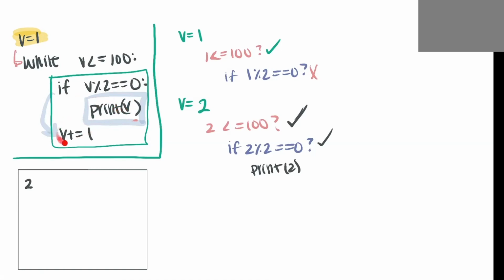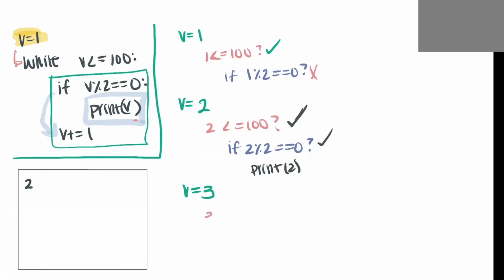Then after that, it's completed everything in that inner code block. And then it'll just go back to here. This one is going to be run regardless if our statement is true or false. So v plus equals 1 is going to increment our v value. So now we have v is equal to 3. Now we have reached the bottom. We're going to go back to the top and check this. V is less than or equal to 100